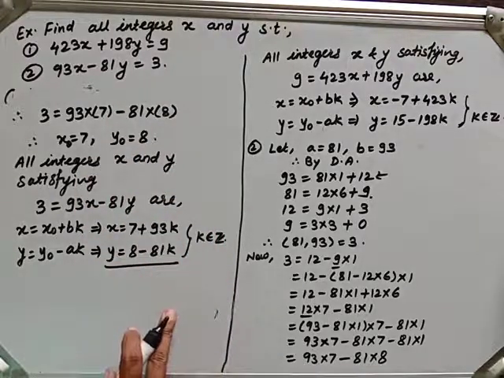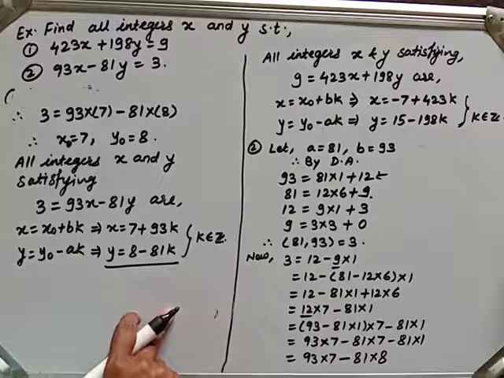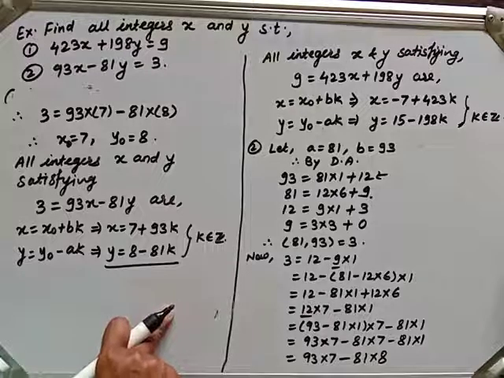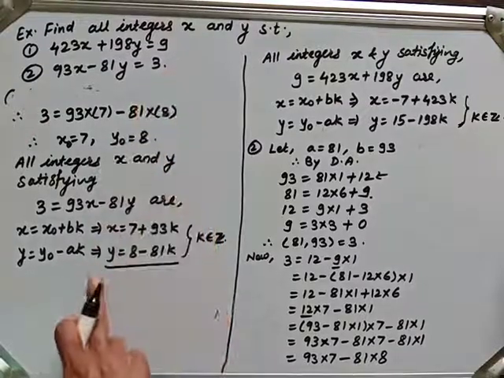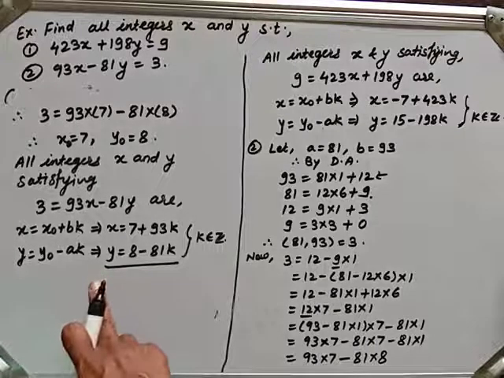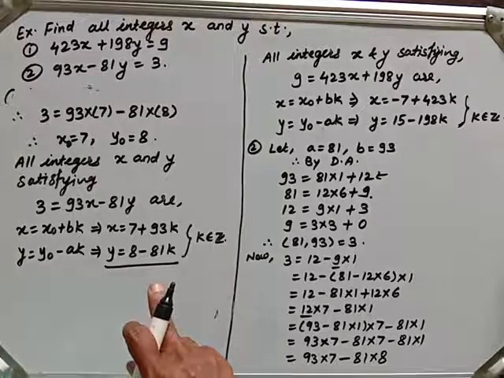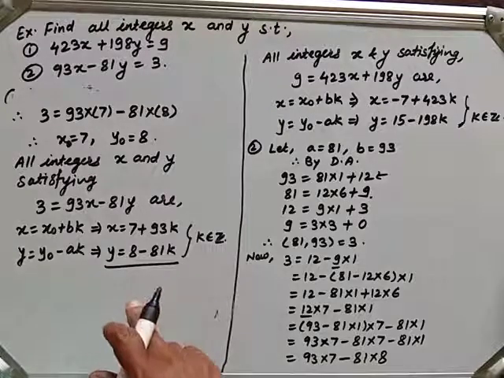So such equations can be asked on Euclidean algorithm. Either they give two integers for finding GCD and then express them as a linear combination of the same integers, or such an equation is given and we have to find all integers which satisfy that equation. So here we will stop. Next video we will see some more remarks that are related with the linear combination theorem. Okay, thank you.